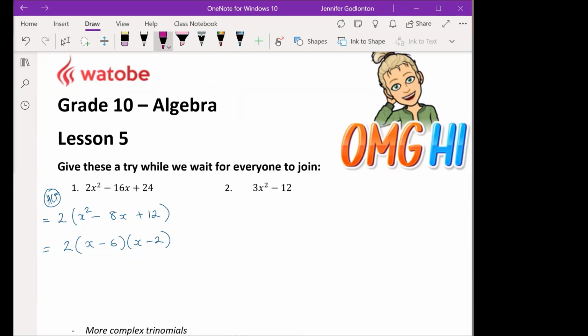Let's just chat about some of the things that Canva did there in his brilliance. The first thing that he did was he took out the highest common factor, which was a number that goes into everything. So we know 2 goes into everything. And then over here, he did a trinomial, and so he worked with the factor pairs of 12. So 1 and 12, 2 and 6, 3 and 4. He saw we needed to use 2 and 6. This was a plus sign, which means our signs both had to be the same. And we have -6 and -2.